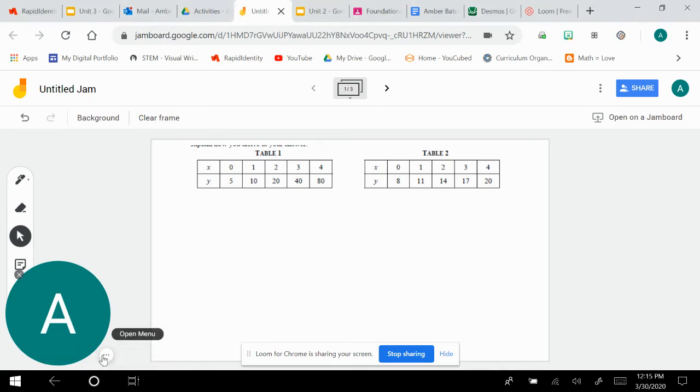Hello, so today's purpose of the video is to compare linear versus exponential. They are very similar, okay? So we're gonna look at their similarities and their differences. So I have two different tables here, and I wanna figure out which one's linear, which one's exponential, and how